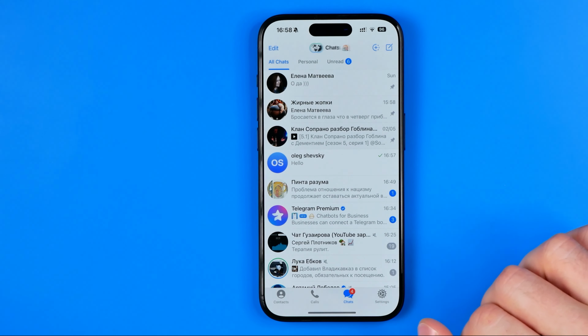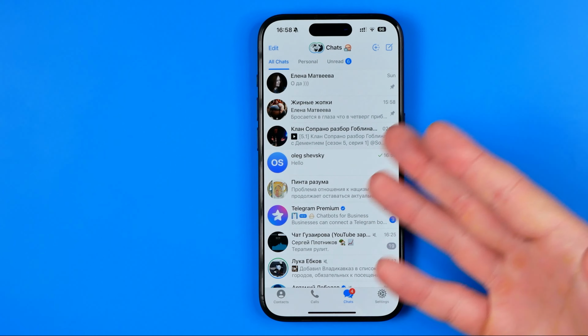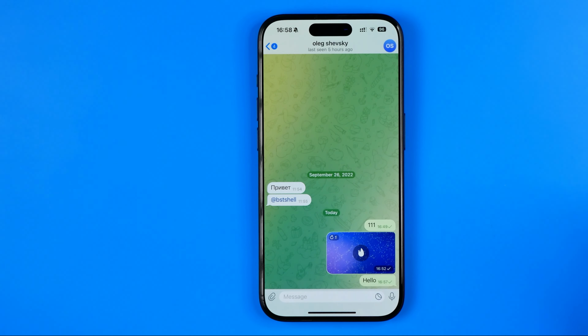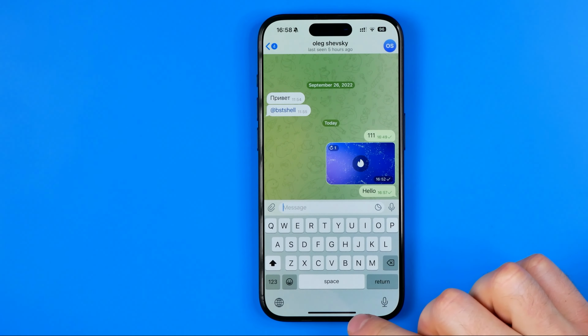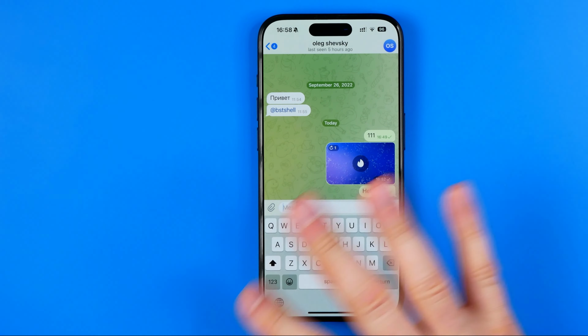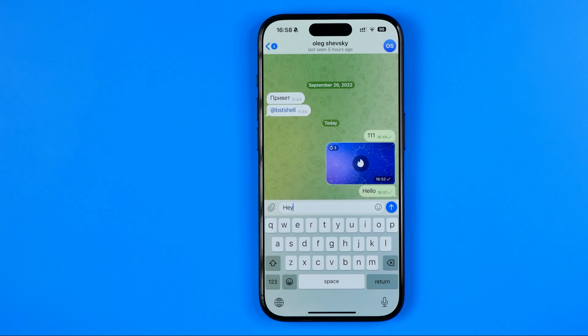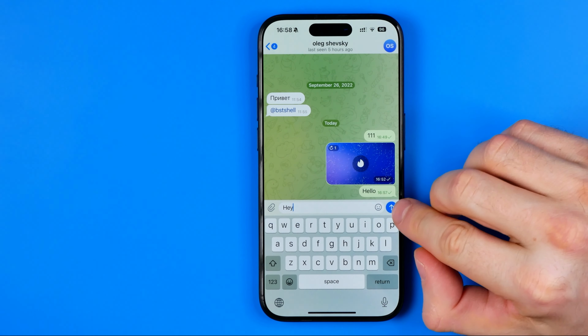Let's get started, guys. First off, open up the Telegram app and then enter a conversation. Now here we can enter any text. And then if we want to send this message without a sound, all we have to do is first off